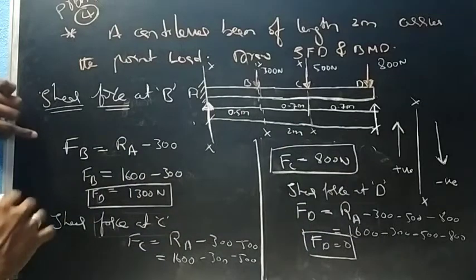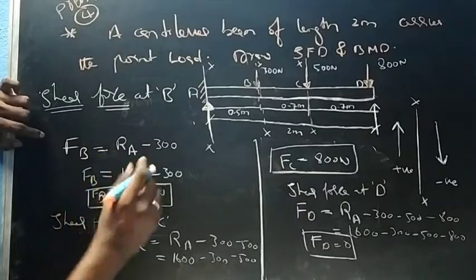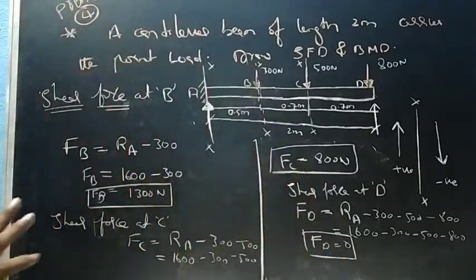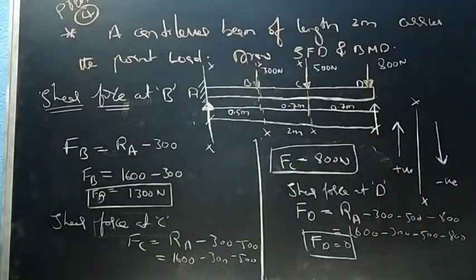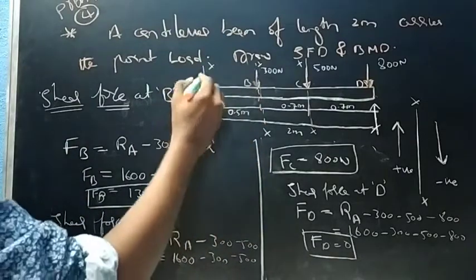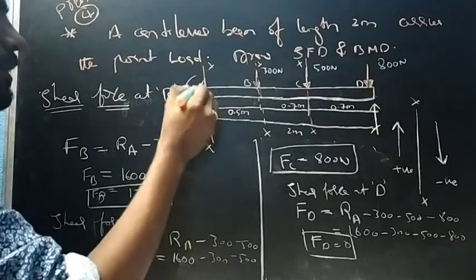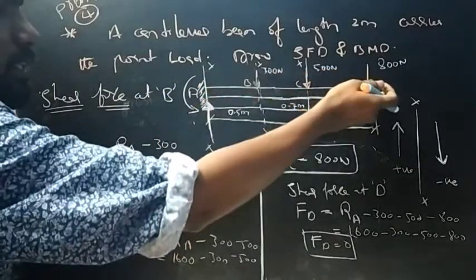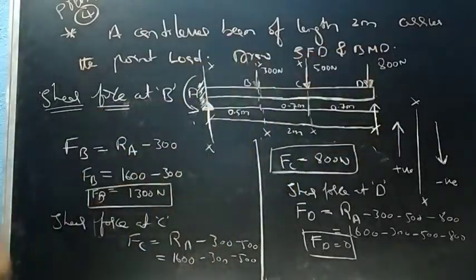So we got FA, FB, FC and FD. So all the points, all the axes, we calculated shear force. Now the third step is to find out bending moment. So we know that for cantilever beam the total moment will be at point A, because it is free end. That's why the bending moment is always 0 in the case of cantilever beam. Right, now we'll find out bending moment.